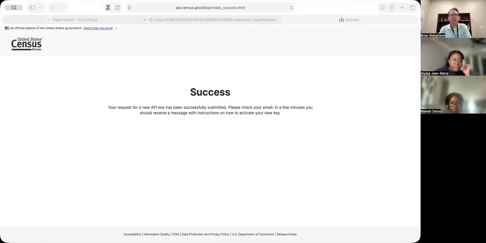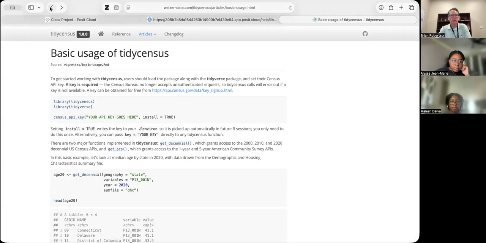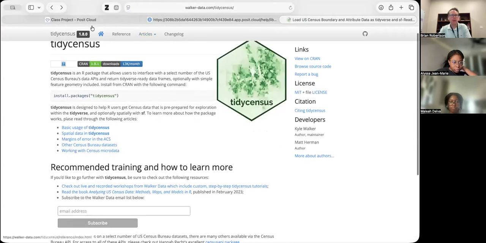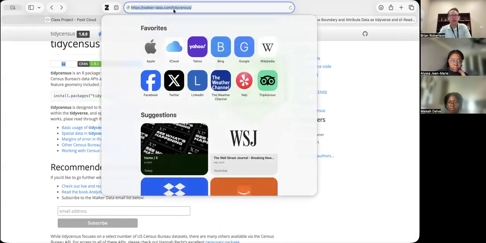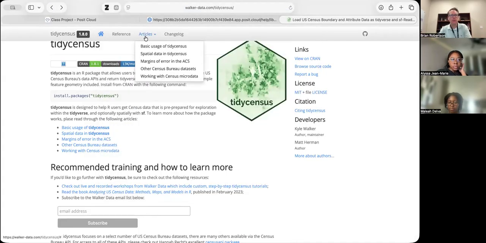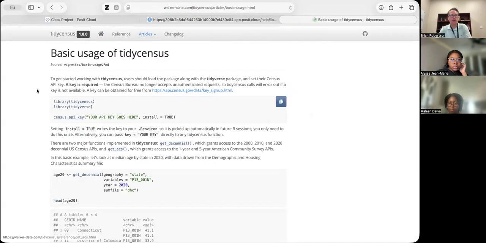Where's the link for it? If you go back into this Tidy Census project, at walker-data.com/tidycensus, or if you just type Tidy Census into Google, it'll take you to the same place. Go to articles and basic usage of Tidy Census. And it's in this first block here. You see the little link right here. I see it. Thank you. Yeah. And it will spit out